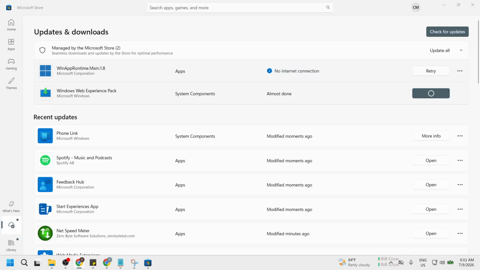In summary, updating apps on Windows 11 is a straightforward process. Start by opening the Start menu, then launch the Microsoft Store. From there, click the Get Updates button, and depending on your settings and storage, your apps will update automatically. By following these steps, you are ensuring that your applications are secure and functioning optimally.